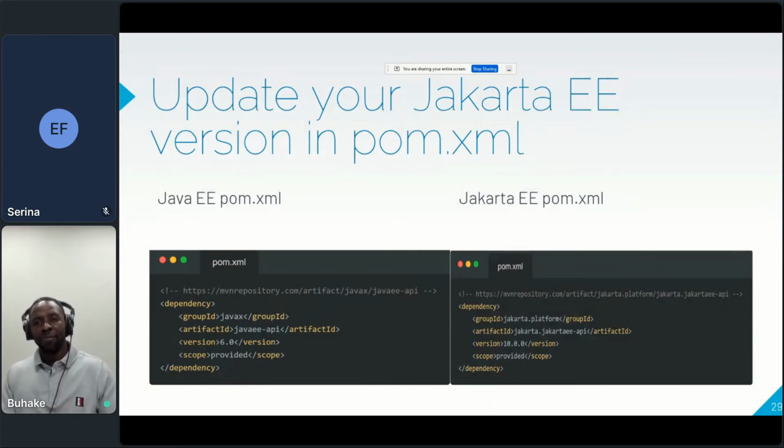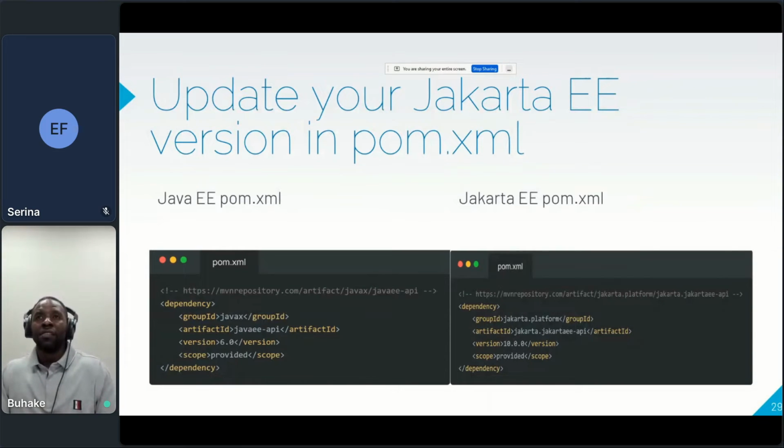Always keep the scope provided, because if you deploy into a container, the container has the full implementation of Jakarta EE frameworks and specs, so you don't have to worry about how it is going to operate. All you have to do is write your code and Bob's your uncle.